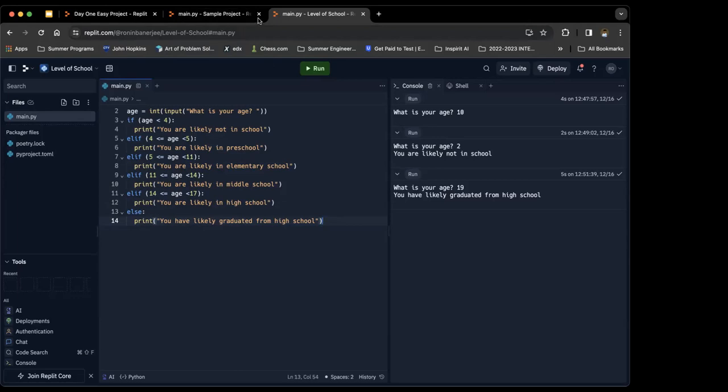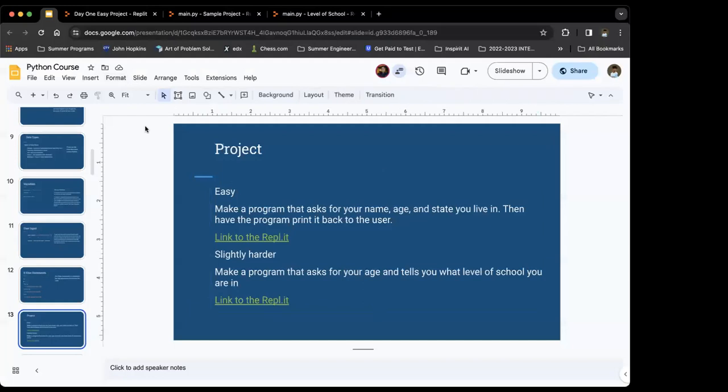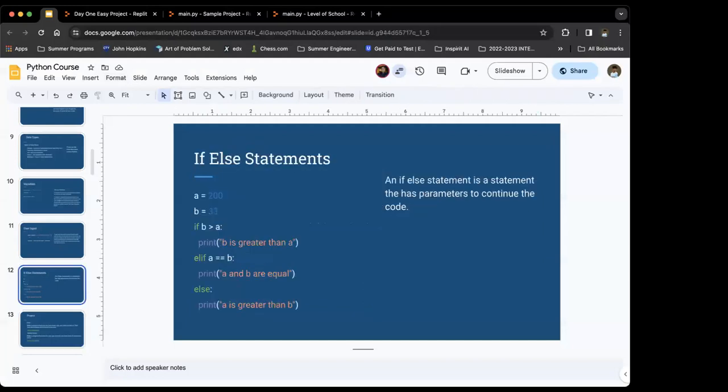And if you want to go back to the slides, I can just show them two things about the if statement. So yeah, this is basically what that is stemming off of. I don't think we explained this fully, but this is basically what your code is doing. So instead of if A and B, we're doing age. So we're basically saying here, if B is greater than A,